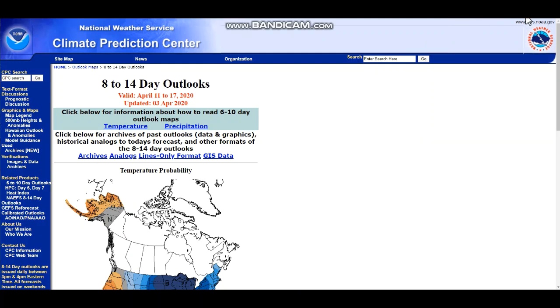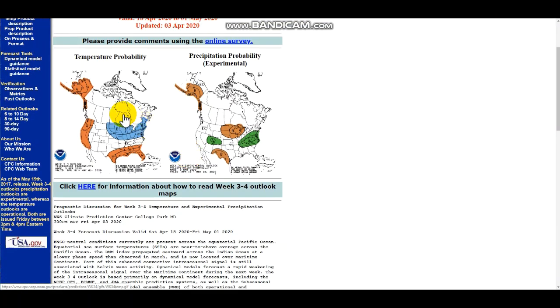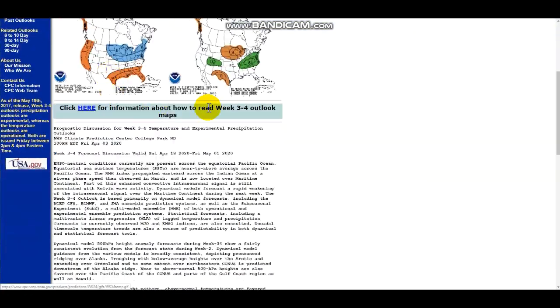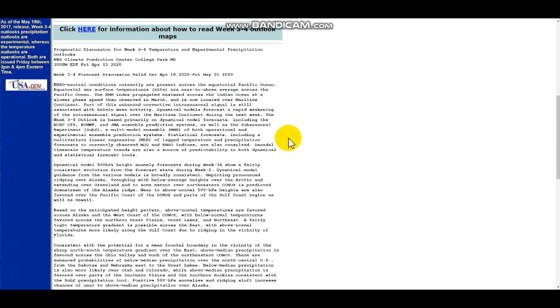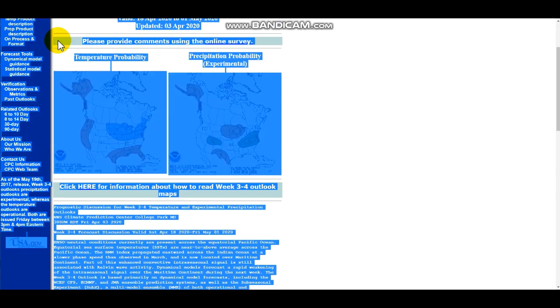Really just unpleasant. Now you can see that the 3 to 4 week outlook includes a lot of below average temperatures across the northern U.S. as well. Whether or not this is accurate, tough to say. Let me tell you, I've been monitoring the 3 to 4 week outlook for a while now. They've done a horrendous job at this. And again, it's a 3 to 4 week outlook, so it's very hard. But they have all this, let's say, quote-unquote data that they use.